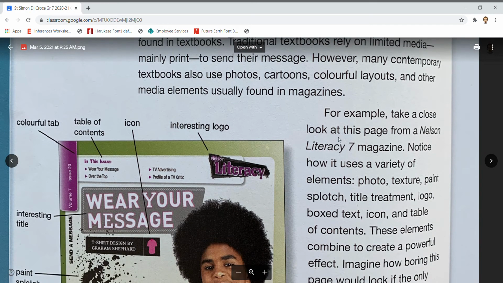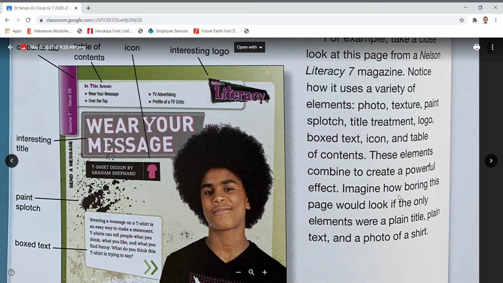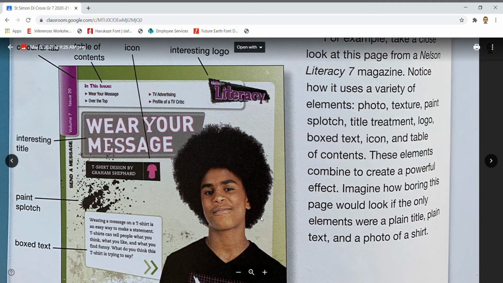For example, take a close look at this page from a Nelson Literacy 7 magazine. Notice how it uses a variety of elements: photo, texture, paint splotch, title treatment, logo, boxed text, icon, and table of contents. These elements combine to create a powerful effect. Imagine how boring this page would look if the only elements were a plain title, plain text, and a photo of a shirt. This is exactly what I'm talking about. Text features. What do you do to the words to bring them to life? Well, you need to include some kind of images, some kind of font, some kind of graphics. And you need a layout, something that involves a bit of color, a bit of texture,